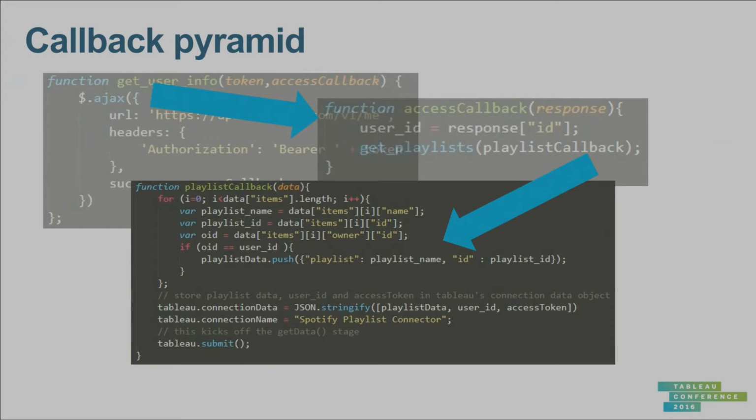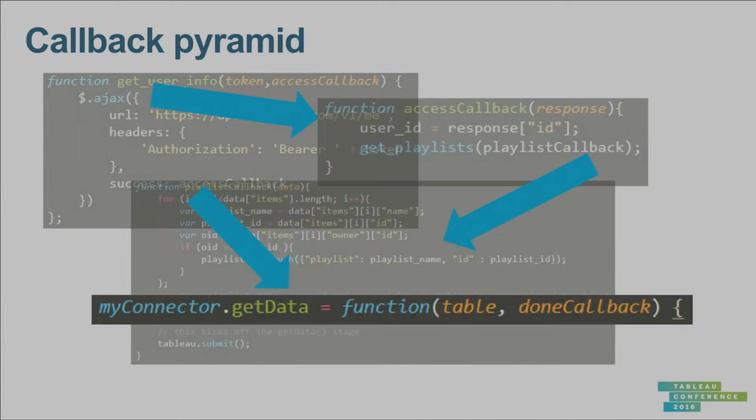Now, why was this the problem? These final calls had to happen inside of Tableau's Web Data Connector function, which assembles the data into tables. So this function right here. Running the calls asynchronously meant that this function wouldn't catch the song data before it was passed into Tableau. I couldn't control when these functions ran, so I kept ending up with empty rows in my tables.